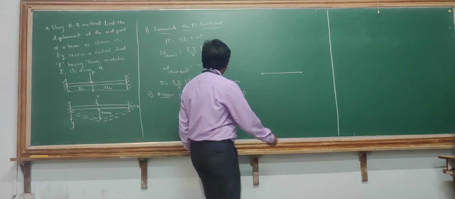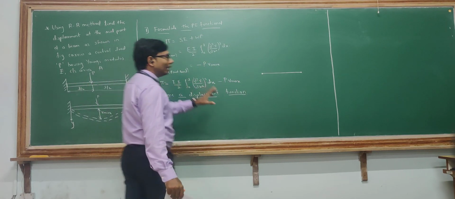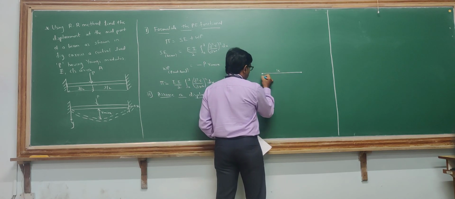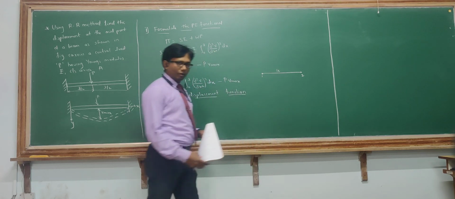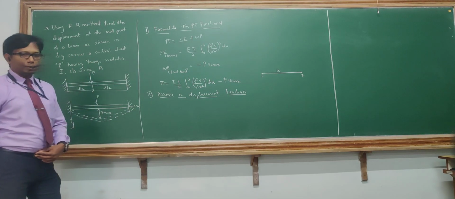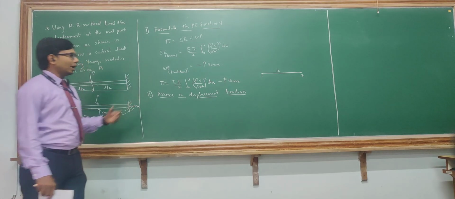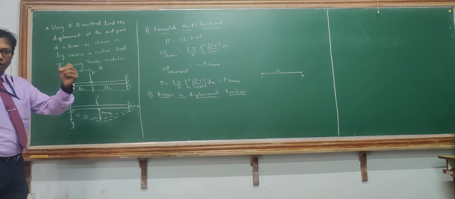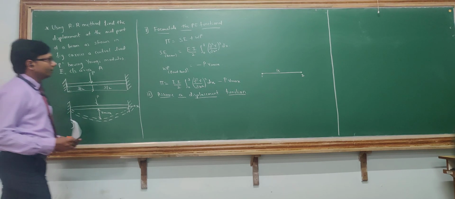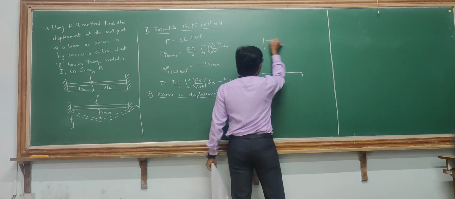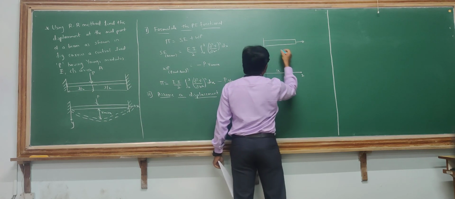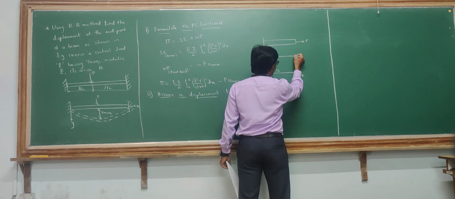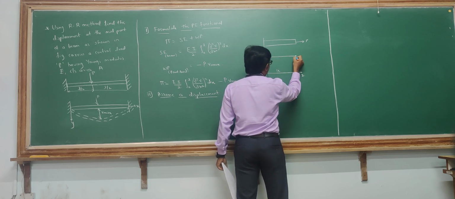If I take this whole beam to be a single element for theoretical purposes, I will see that this is a single element and it has nodes 1 and 2. Now, in a bar problem, whenever we were solving, each node had 1 degree of freedom. There was a bar subjected to a load, and if I want to model this into a 1D element, I take a line with node 1 and node 2.